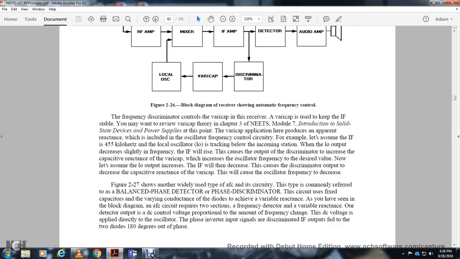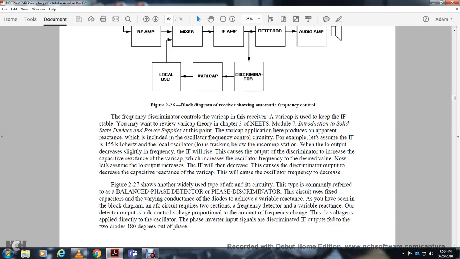Now let's assume that the local oscillator output frequency increases. The intermediate frequency will then increase. The output of the discriminator will decrease the capacity and reactance of the varicap, which will cause the oscillator frequency to decrease. Figure 2-27 shows another widely used automatic frequency control circuit, typically referred to as the balanced phase discriminator circuit, with the capacitor varying capacity, to achieve the variable reactance. As you have seen with the block diagram,